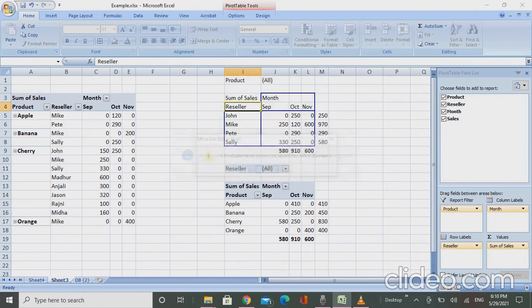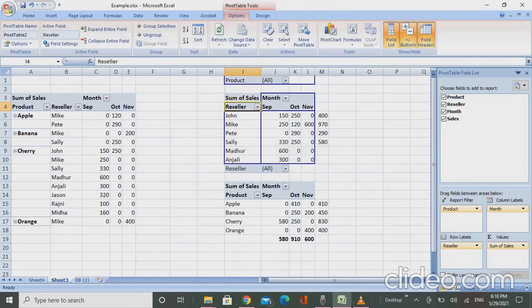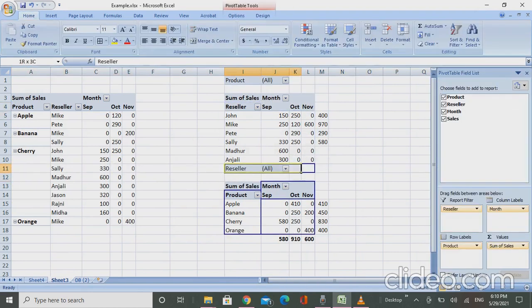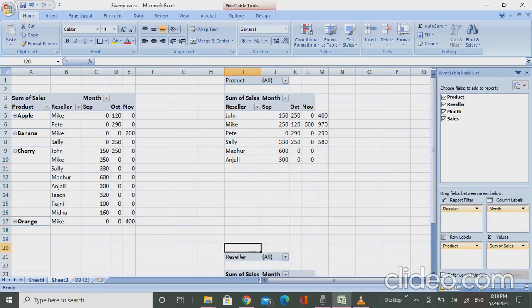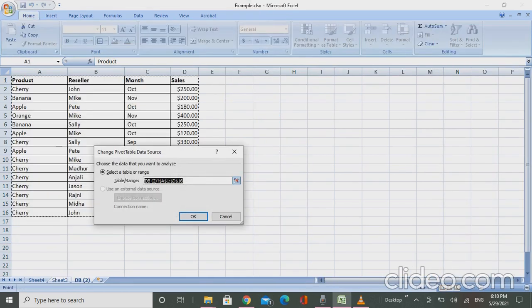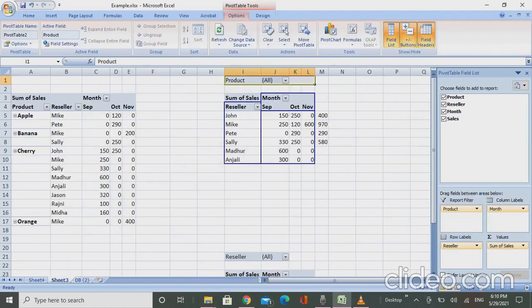Okay. So this is practically the problems that we face in a pivot table. The pivot table was overlapping other pivot tables, so it wasn't properly refreshing itself. So I'll make a place for it so that it gets refreshed. And this, okay, this is done. And for this also, I'll do the same thing.